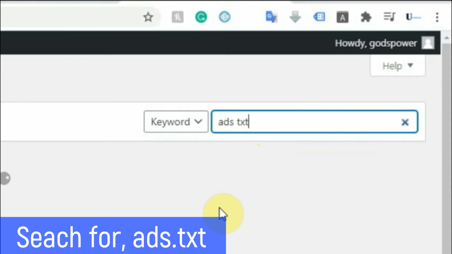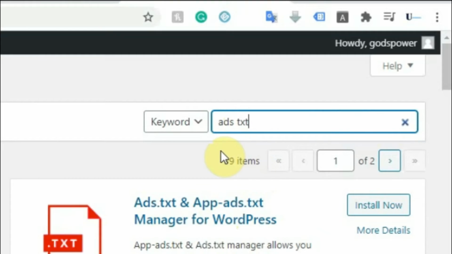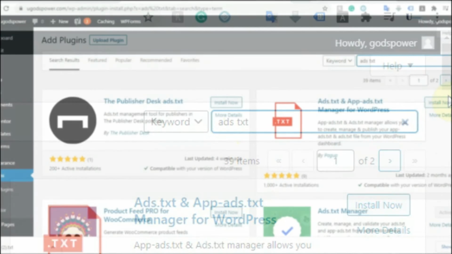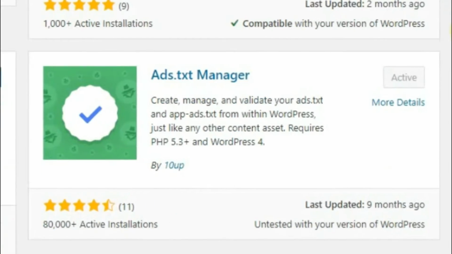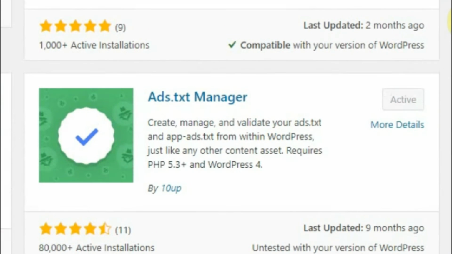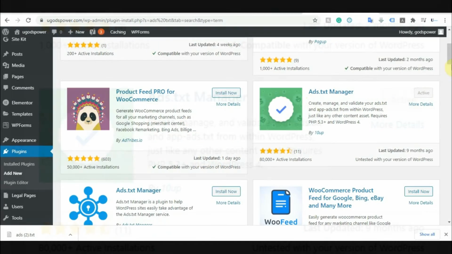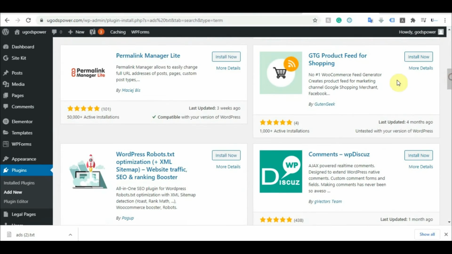Search for it, and the one at the bottom here with this logo, I will zoom in so you see it properly, is called Ads.txt Manager. Install it if you have not installed it, then activate it. Once it's active, go to your settings. To go to settings, you need to scroll down.